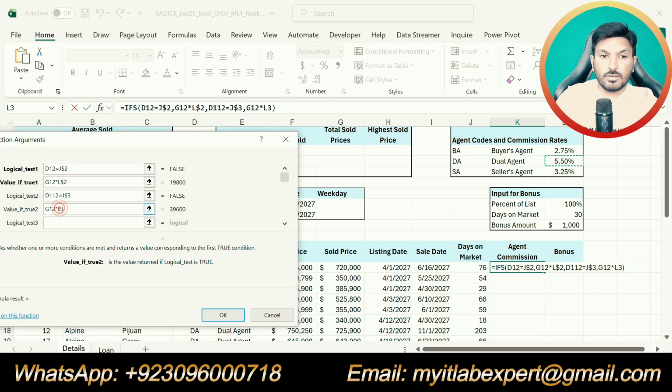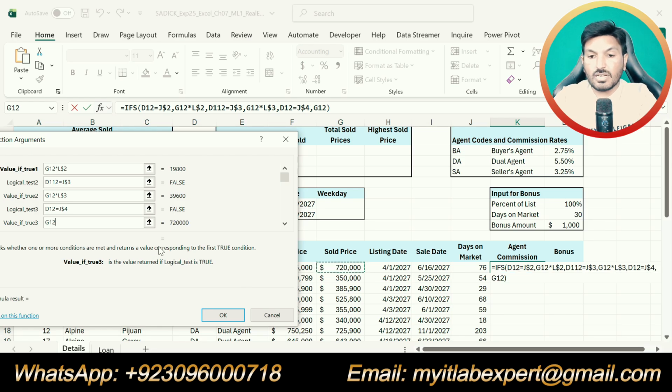Again, our logical test 3 is if our agent code, that is D12, is equal to J4, then our agent commission will be the sold price G12 multiplied by L4.